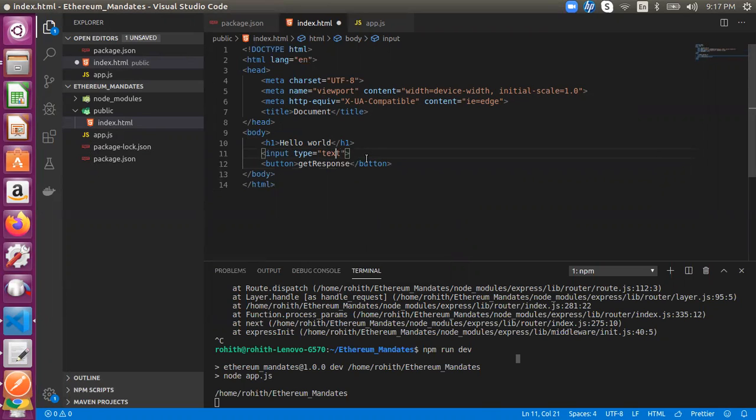For the input also, I'll put an ID equal to name. For this H1 also, I'll put an ID as place, or something like that, right? So I'll save this.